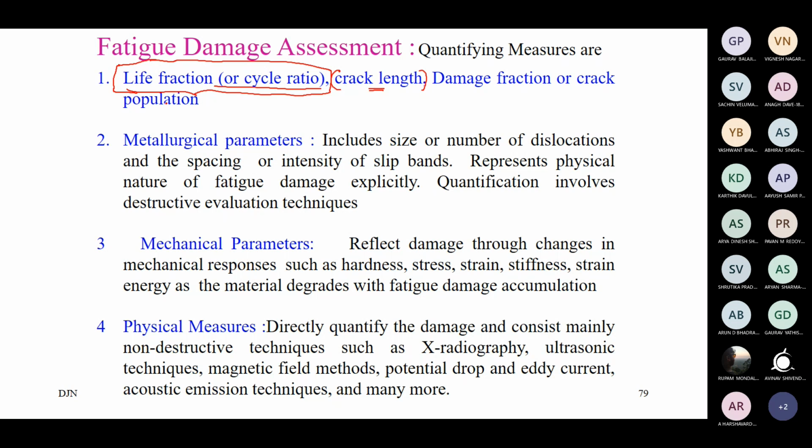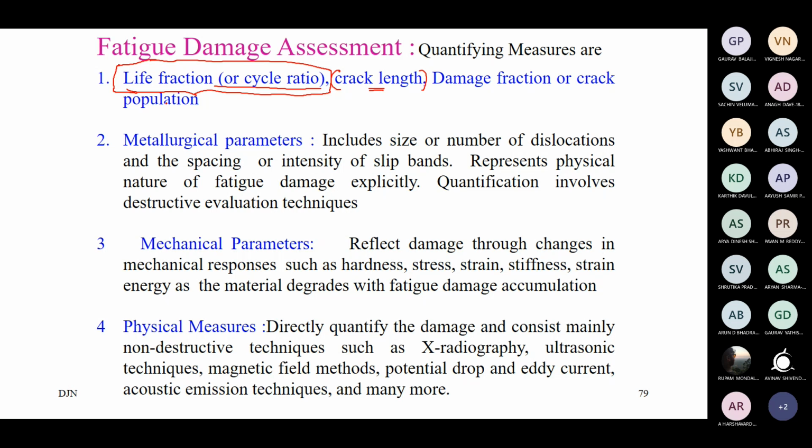Okay, so that is the idea considering mechanical parameter. There are several parameters. You may consider that you may continuously, regularly monitor the hardness of the material, how it is changing, and thereby you may say after this much now it is going to fail. Whether it is increased or whether it is decreased, depending on that, you may predict now what could be the material failure behavior. Similarly, other physical measures are there, as I said, the NDT techniques. These are the methods used to quantify one of these previous parameters what we have discussed.